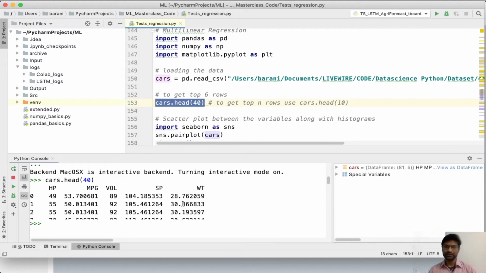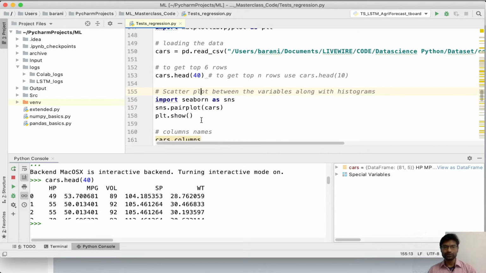So the goal we are going to define for this problem is to try and predict the mileage value, given the remaining features of the car. Say if I give you the features of the car, horsepower, volume, speed and weight, can you predict the mileage? That is the ultimate question we are going to try and answer with this multiple linear regression. The reason it is multiple linear regression is that the number of variables or features has increased to more than 1, as we saw in the equation. That is the case here.